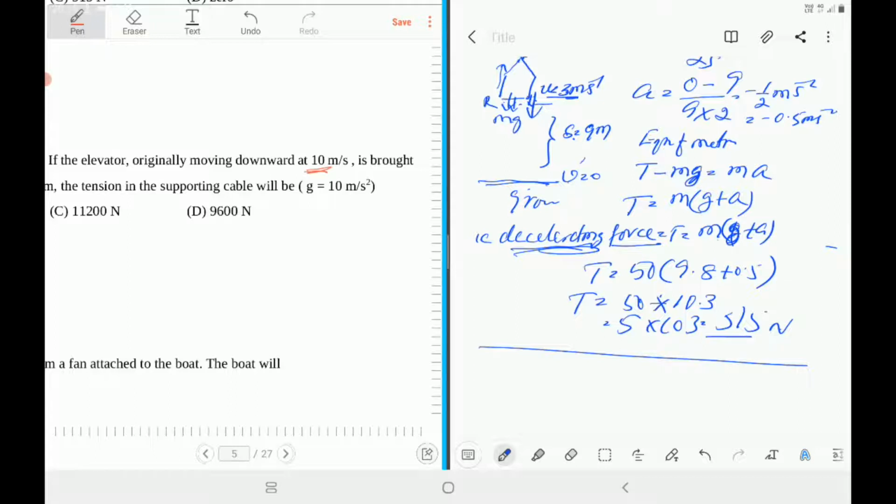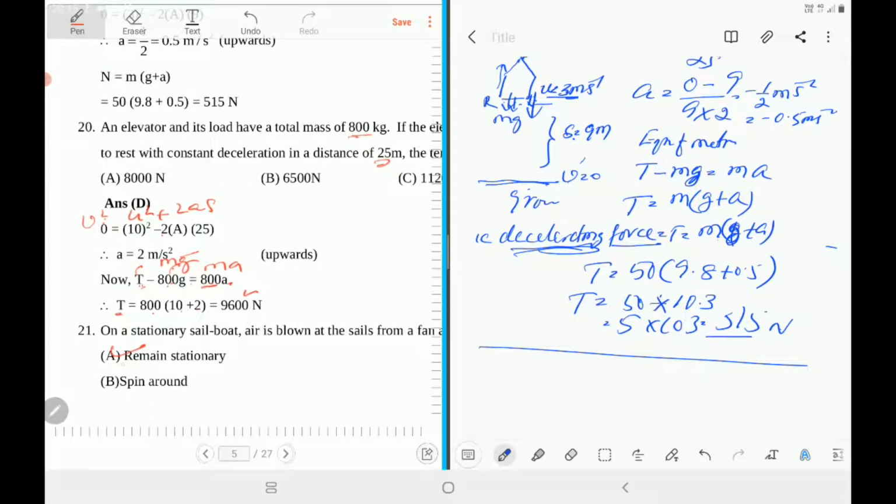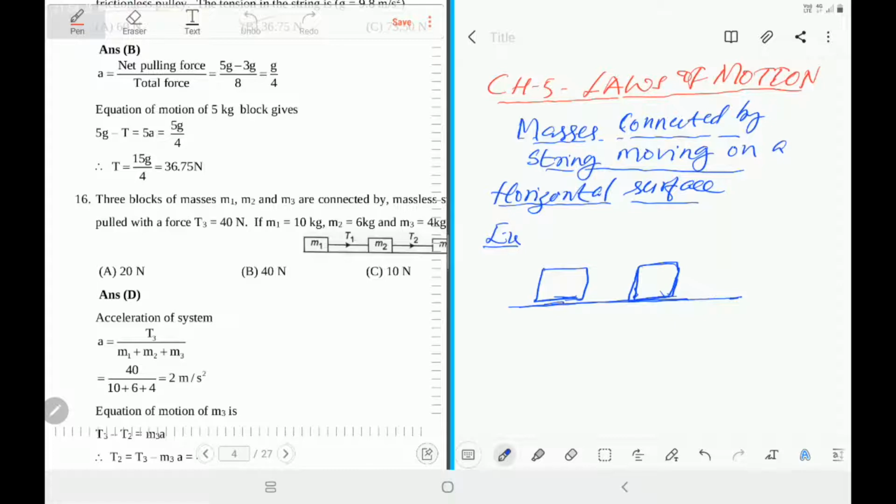When you apply force on water, with the help of that, you move forward. So you have to apply an external force to make a body move. That's an idea. It's actually Newton's third law. That's option A. We'll move on, students.